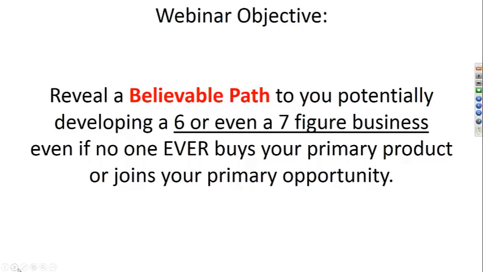We also want to show you, or at least direct you to where you can get the information about a believable path for you potentially generating a 6 or a 7-figure business. Here's the key: even if no one ever buys your primary product or joins your primary opportunity. Now listen, it sounds like I'm talking out of two sides of my mouth. Raymond, I promise you I'm not, okay? I want to help you, we want to help you, Lisa, get more leads, more sales, more recruits into your business. But we also understand that, Jack, because of the law of averages, the majority of people, even if you